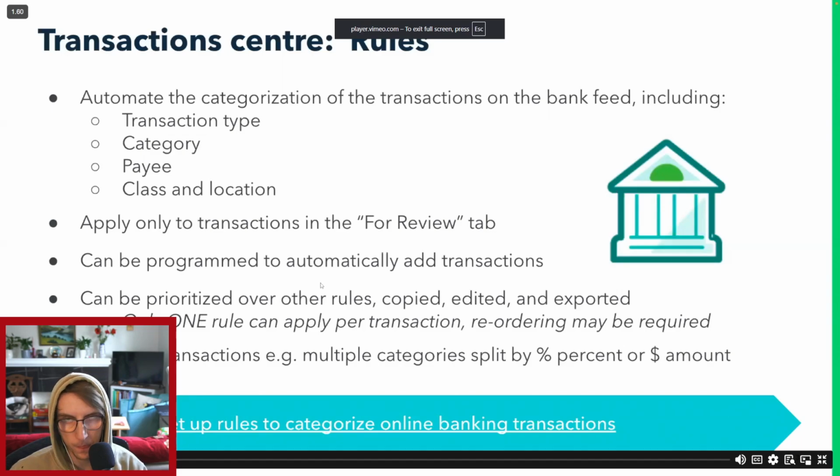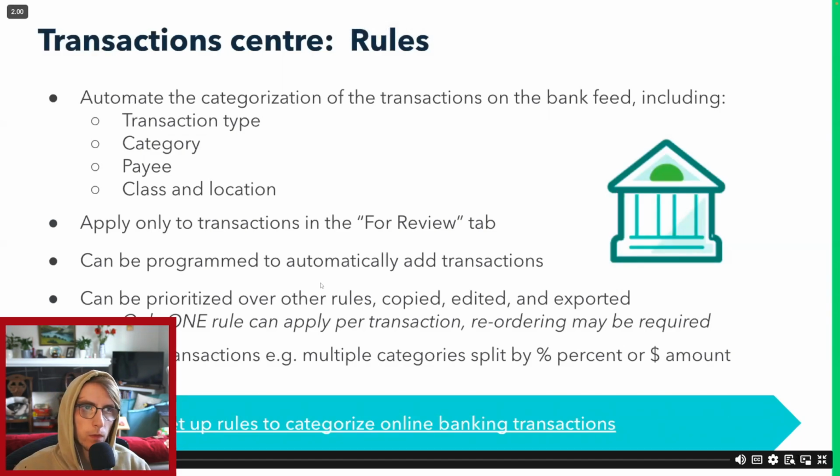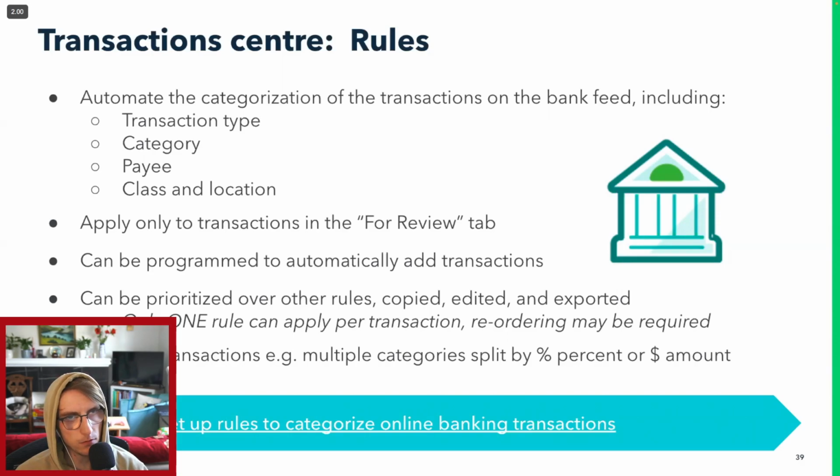Setting up rules in your transaction center can be a great way to streamline your workflow and improve accuracy. Rules can help you automate the categorization of the transactions in the bank feed, and this can include transaction type, category, payee, class, location. Do know that the rules will only apply to the transactions in the for review tab. So if you recall, you've got for review, categorized, and excluded, and rules will only apply to the for review